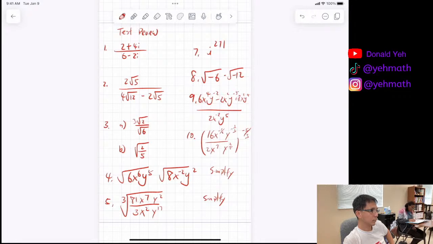Here's a good one. Okay, so 3. I would attempt to, if you don't actually use the square roots. Well, if